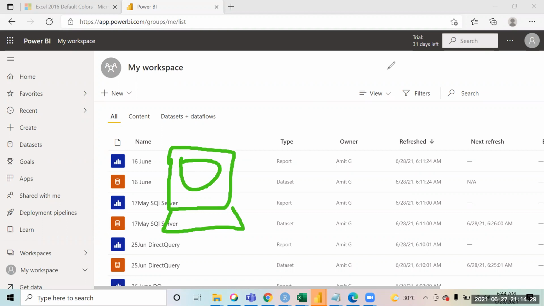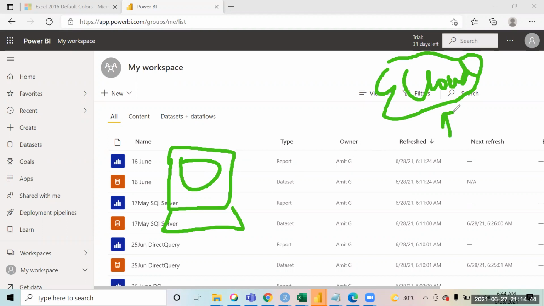Then I published the report onto the cloud. When you publish a report, the dataset and the report both get published. You can see this is the report and this is the dataset.